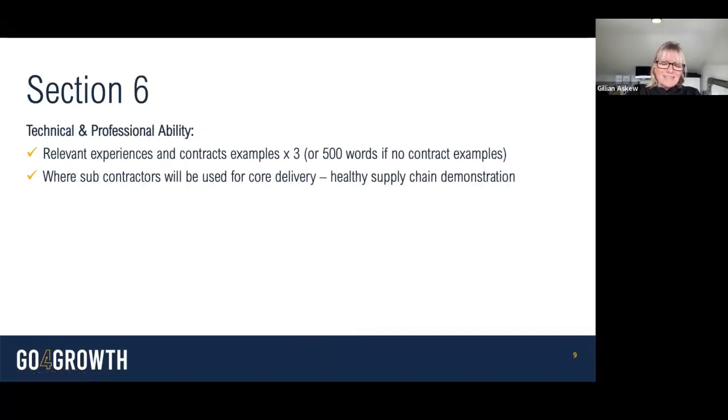Section 6 is seeking to understand your experience and your capability in more detail, and it's where you would normally be asked about your references or examples of contracts that you've worked on that demonstrate your capability in the area that the contract is for. If you don't have that relevant experience in terms of contracts that you've already worked on, this might be the first contract that you're going for. You might be a startup, for example, or you might have diversified in there, just as with the accounts. There should be an alternative for you to complete.